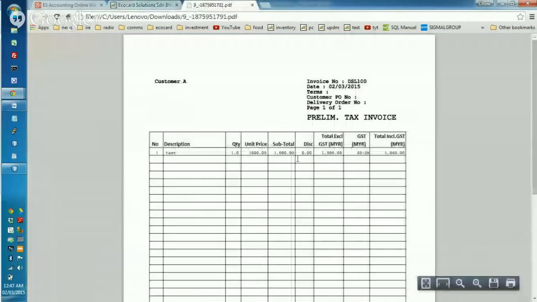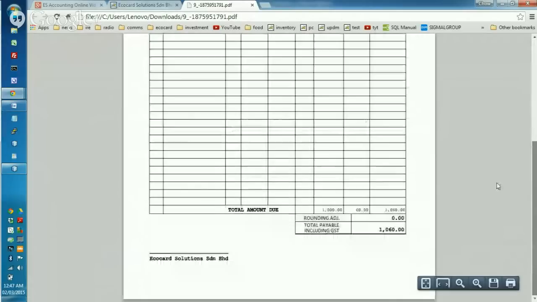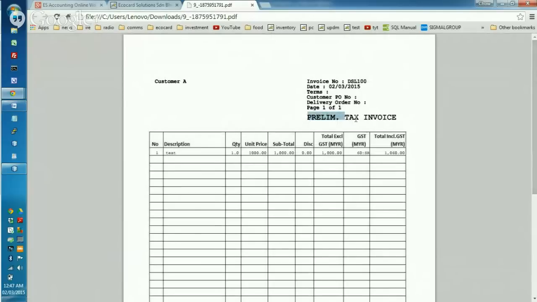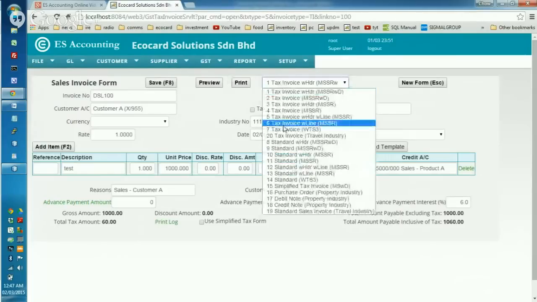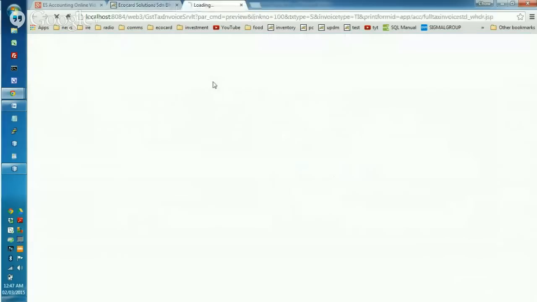For this option, preview, you see the preliminary tax invoice, and this is the output format that's generated for you. Now the word here is actually prelim tax invoice. Now if you generate this one, preview,